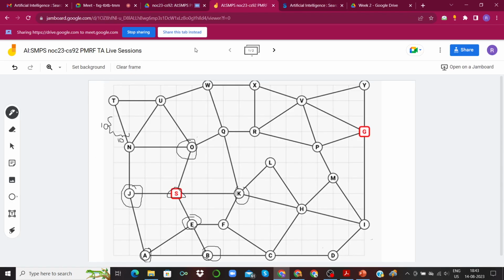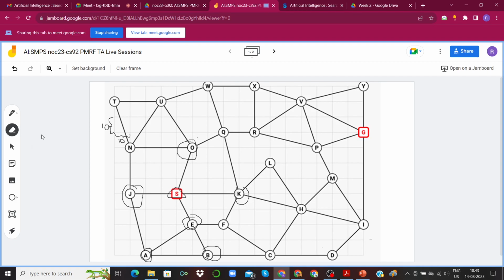So what is a Manhattan distance? I'll quickly explain. Let me just erase the other things. This is where the assumption I told you to make, that each of these small boxes in the map is 10 by 10 units, is going to be useful. When we are asked to find the Manhattan distance between 2 points on this map, let's say our first point is the S node, and the second point is the K node.